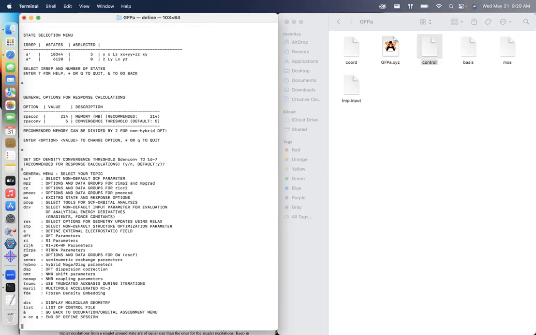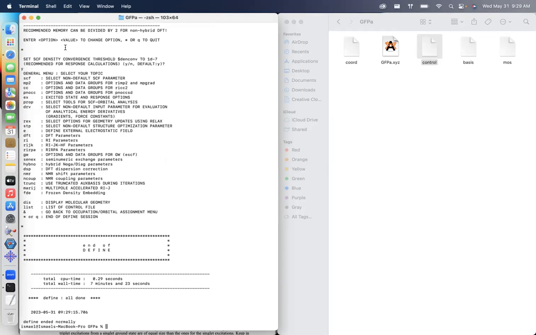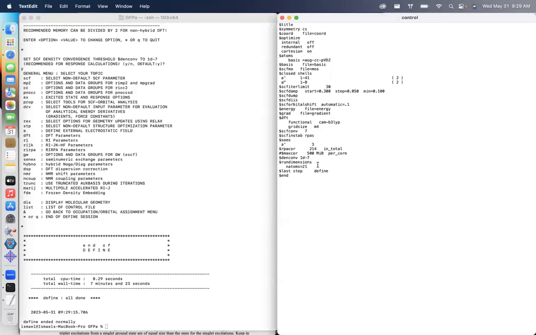Then we'll leave. Yes. And that would be it for the two-photon for now. Now, what we've done, if you go to the control file, what we have done so far is just doing,